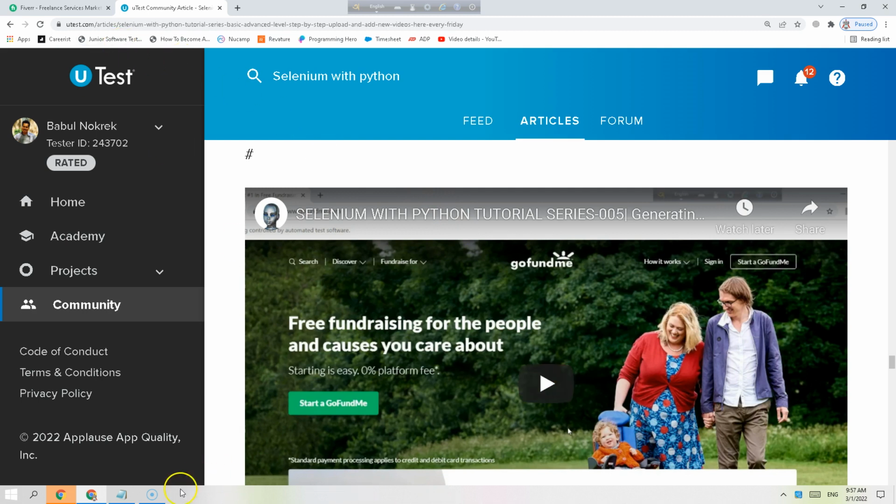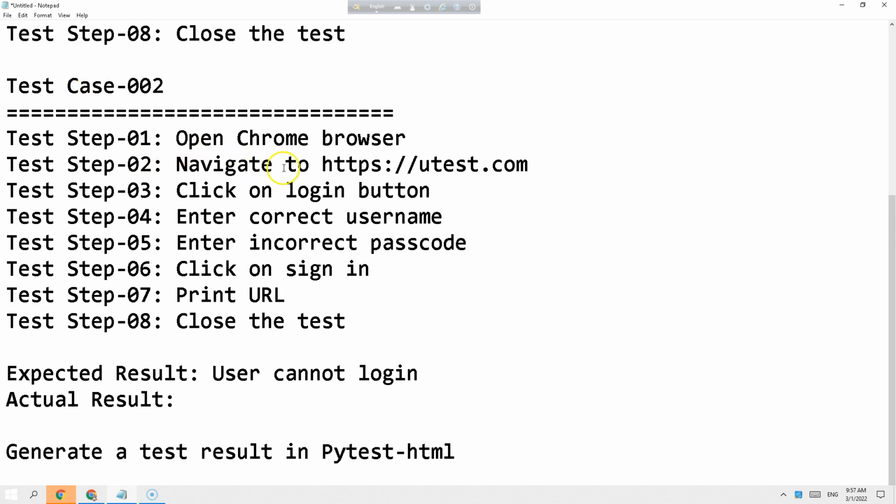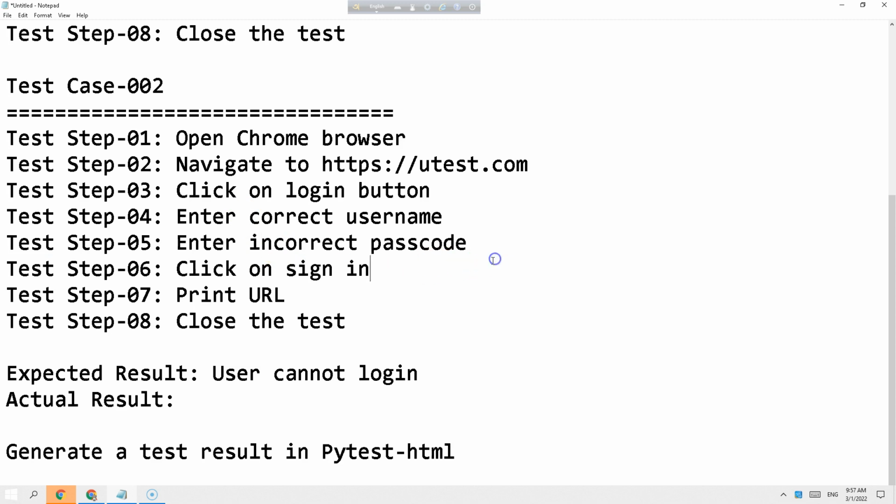framework. Okay, though it's not necessary. In the second test case we have almost same, just we are entering here correct username and incorrect password. Okay, and we can do it vice versa. We can enter here incorrect and here correct passcode too in another test cases. I don't want to take too much time. I want to complete within 1.5 hours. Okay, in your project maybe you are getting 1 week or 2 weeks to complete this framework. Okay, so relax